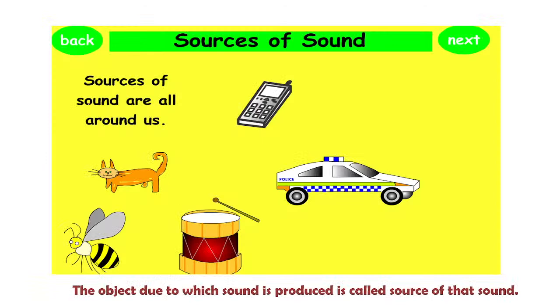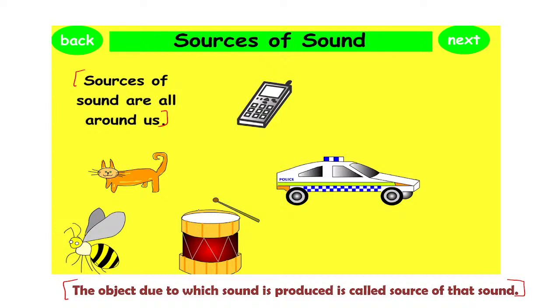So what is a source of sound? How we will define a source? An object due to which the sound is produced, we are going to call that object as a source of sound. For example, if I am talking here, I will be the producer of the sound. The sources of the sound can be all those objects around us which are producing the sound. For example, we have the cell phone or the mobile phone. If it's ringing, that means it's a sound producing object. Or vehicles moving on the road, or different types of vehicles also produce sound. So that can be a source of sound.